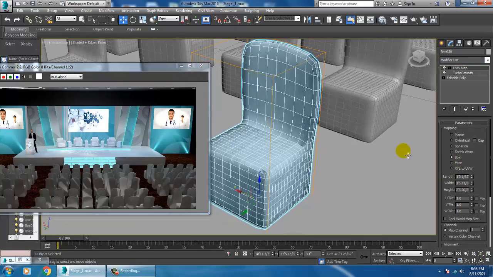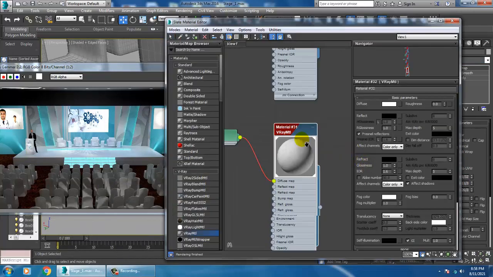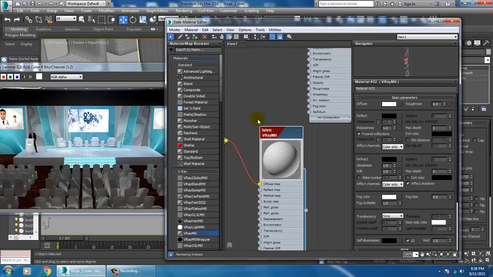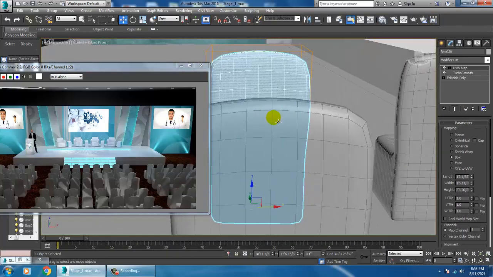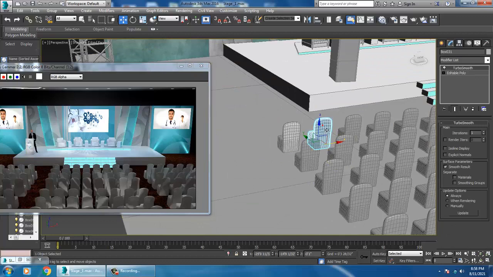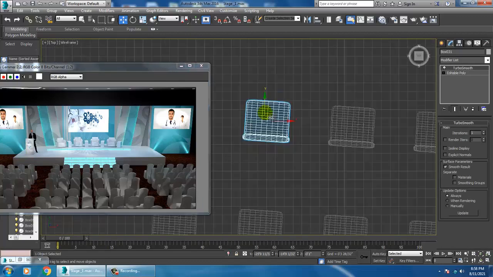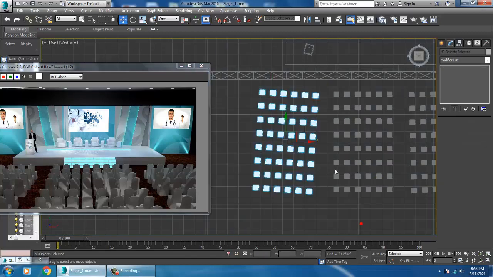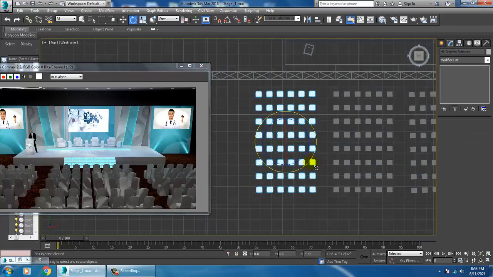Okay. Hope you are assigning a perfect shader. I think that's a wrong shader. Okay, that's perfect now. So what we'll be doing over here is, I can just select this. I'll slightly make it straight.